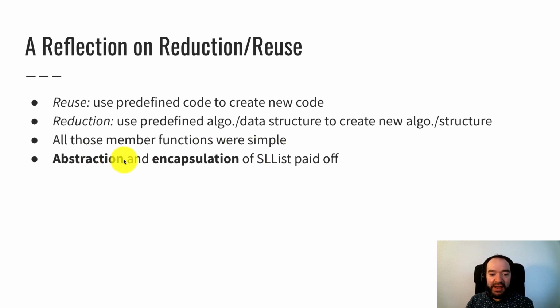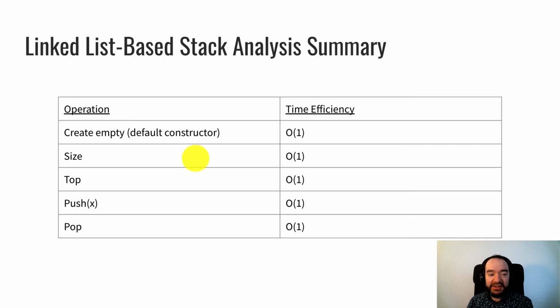So the abstraction and encapsulation of singly linked list has paid off for us. It's a good thing. When we created that singly linked list, we were very careful to make reusable operations, push front, push back, and so on. And we encapsulated all those details of pointers, freeing memory, dummy nodes, all that kind of stuff is encapsulated, meaning now that we use the singly linked class, we don't have to think about it. It just works automatically for us, and that's a good thing.